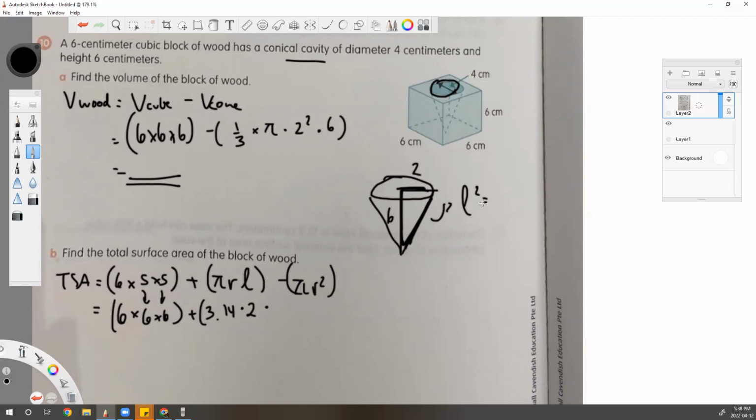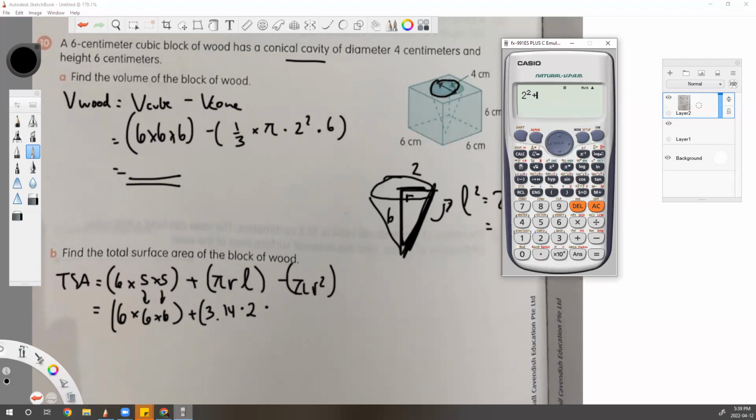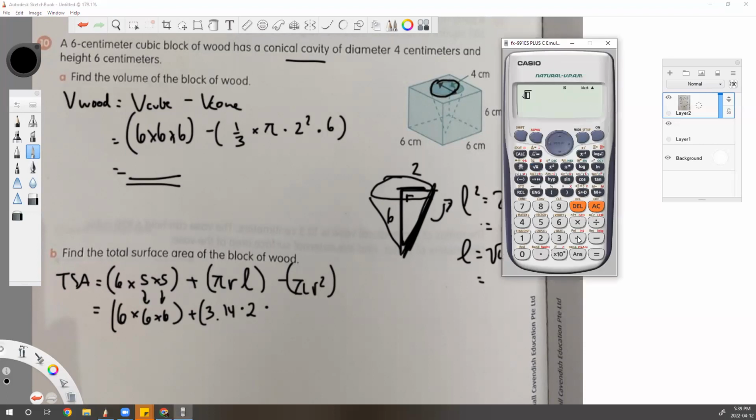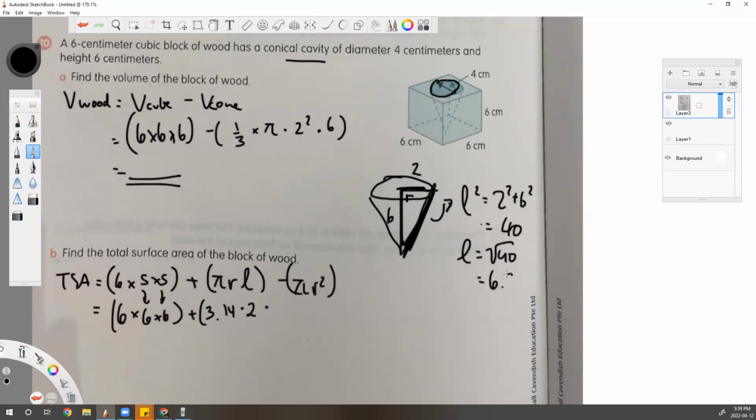I want to find the slant height because we have the L, right? We are calculating the slant height. Is it plus or minus? Plus. Plus, that's right. Okay, calculate it. You get 40. And the L is square root 40. What is square root 40? Square root of 40 will equal 6.3. Right, so write down 6.3 minus